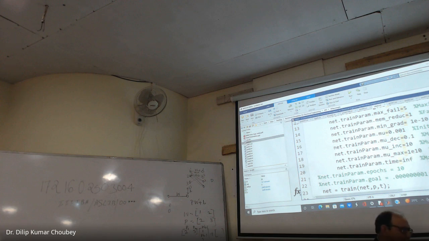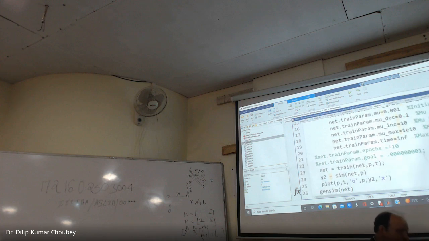Then we consider training the network. Initially we did not train the network, and we looked at the output. The next step is to train the network. After that I sim the network again. After training, y2 is equal to sim(net, p). Then you can plot p comma t and p comma y2. Then gensim generates the network. You can understand this by graphics, by the simulation model we put in the overall system. If you run the system you can see